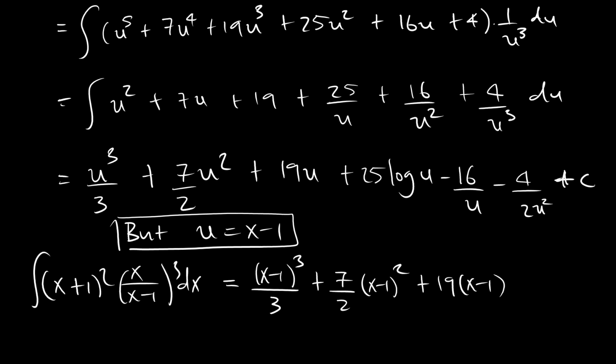We realize it could also just be 19x, where we make negative 19 part of the constant. And then we have 25 natural logarithm of, or some people could use ln, whatever you choose is fine, x minus 1